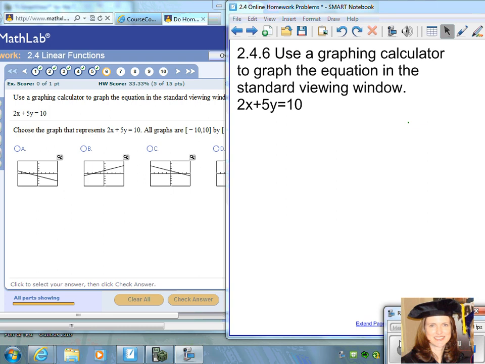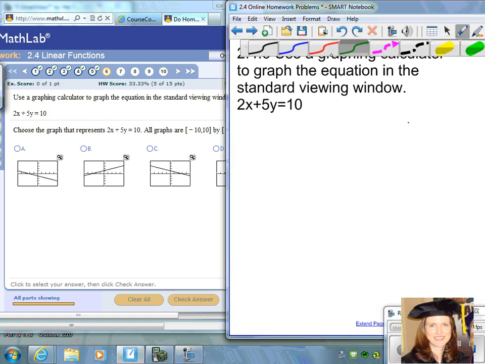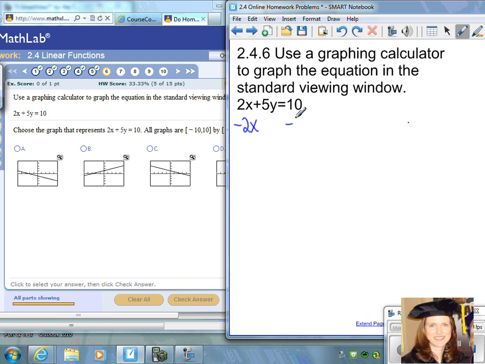In this question, 2.4 number 6, we're asked to use a graphing calculator to graph the equation in the standard viewing window. Now you can do this without using a graphing calculator by selecting 2 points. What we want to do is get the y by itself, and you can make a table of values, find 2 points. So to get the y by itself, I'm going to subtract 2x from both sides of the equation,